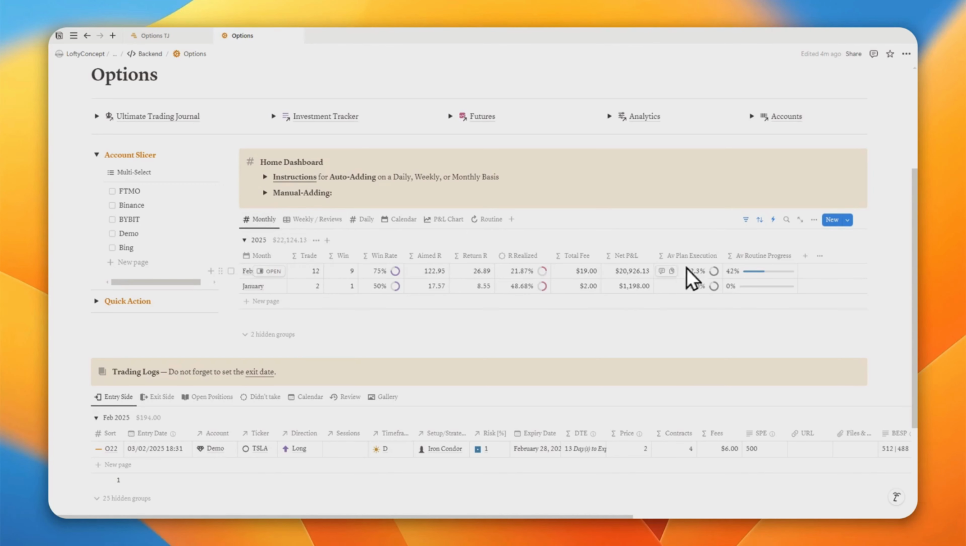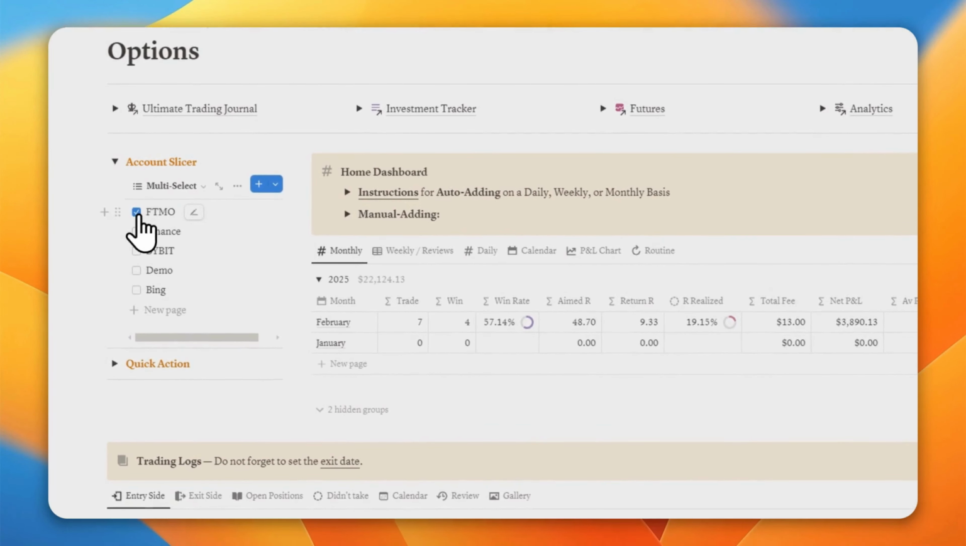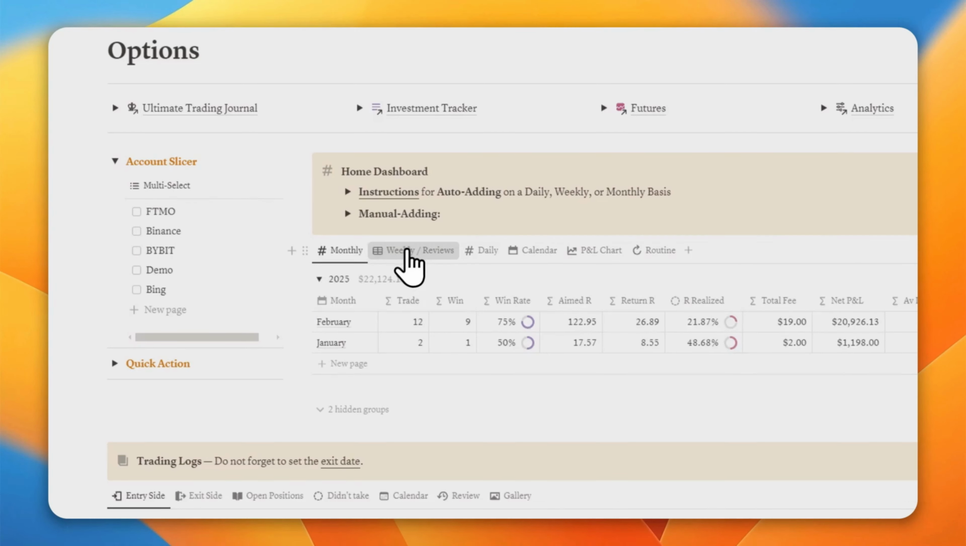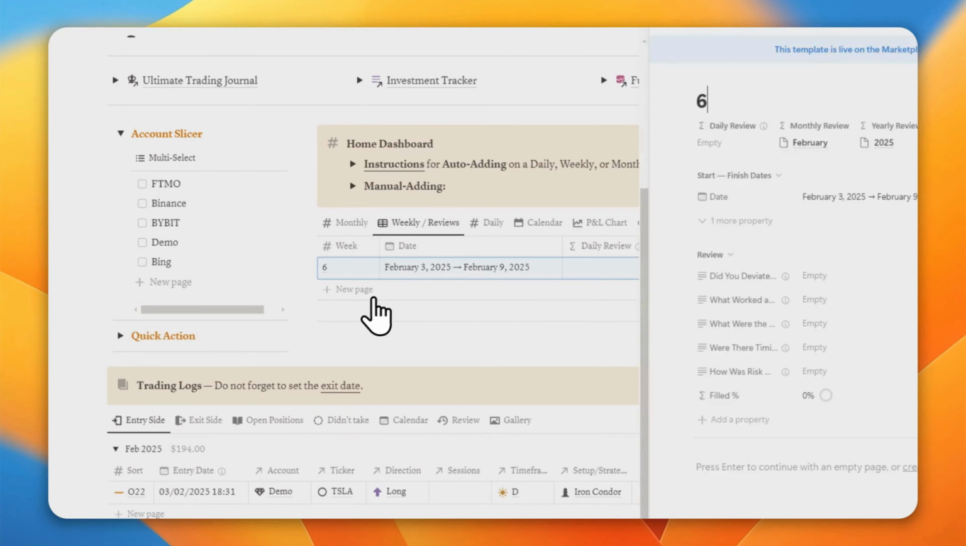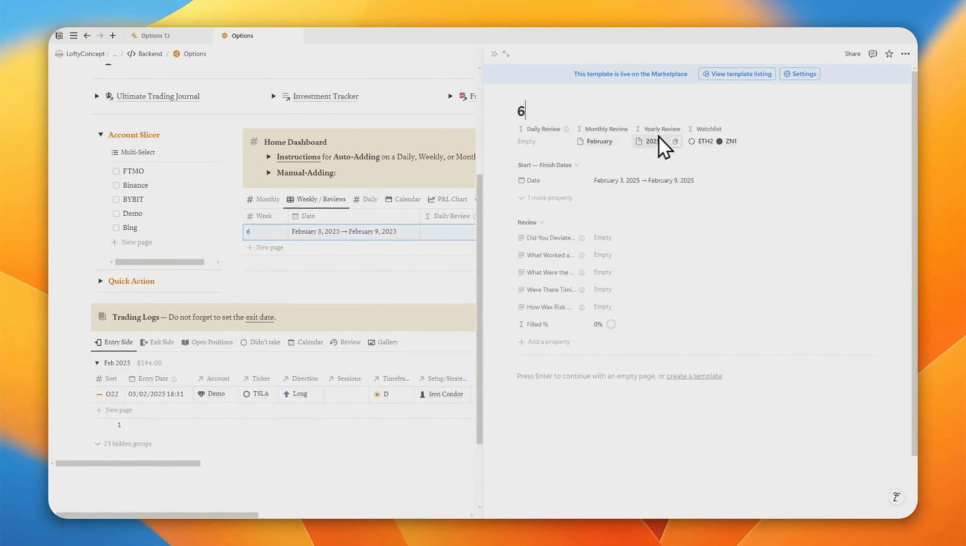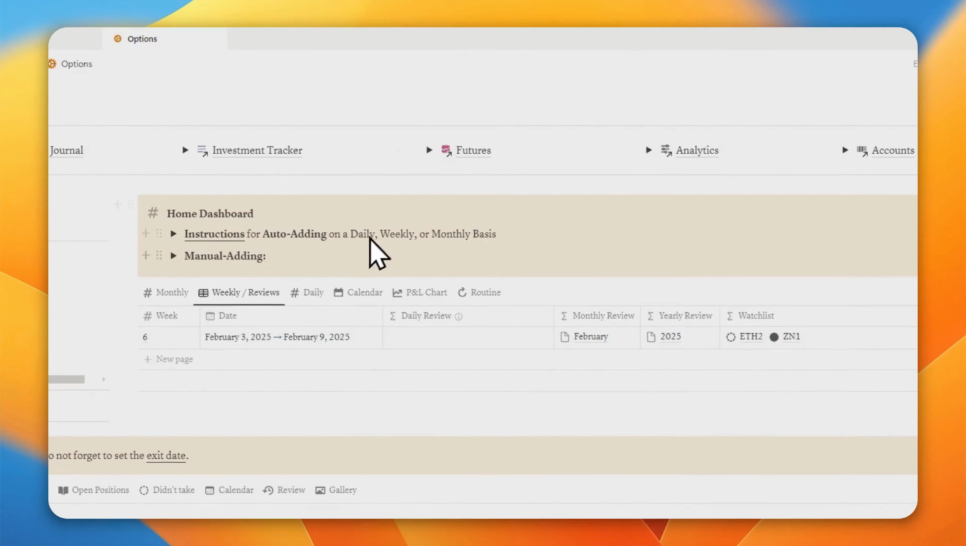First, we have the Monthly Trading Performance tab, where you can easily track your profits and losses. Thanks to slicers, you can instantly filter your data and make faster decisions. Next to it is the Weekly Reviews tab, where you can access daily, weekly, monthly, and yearly reviews in one